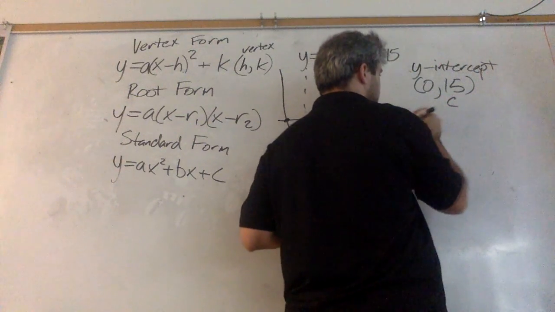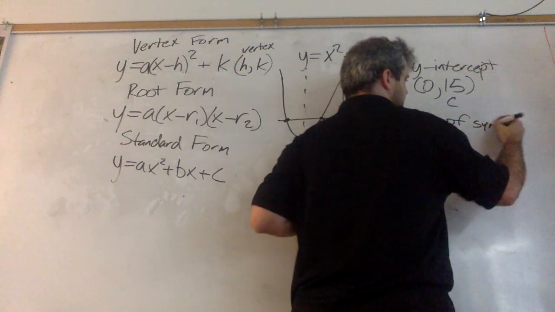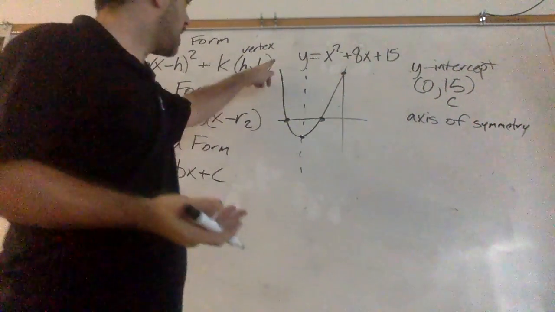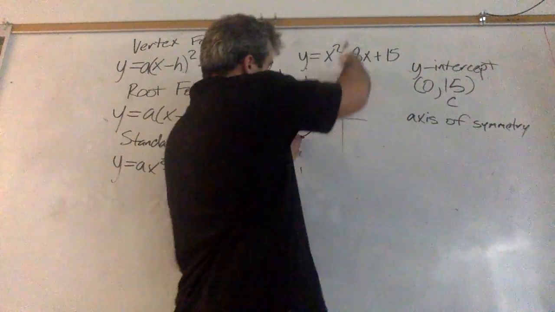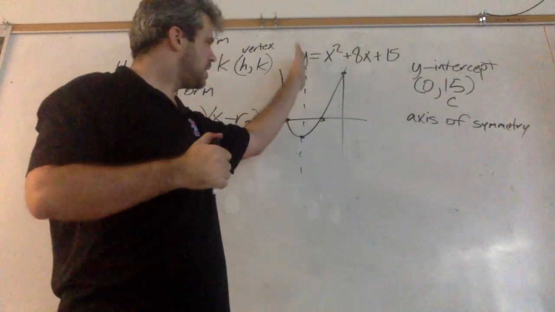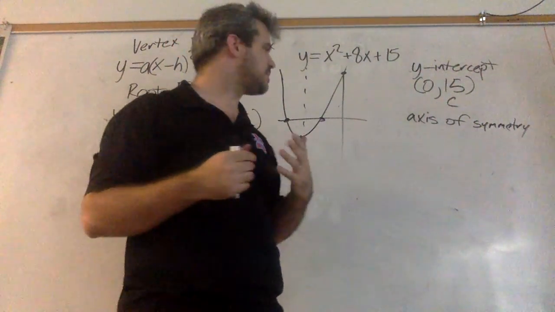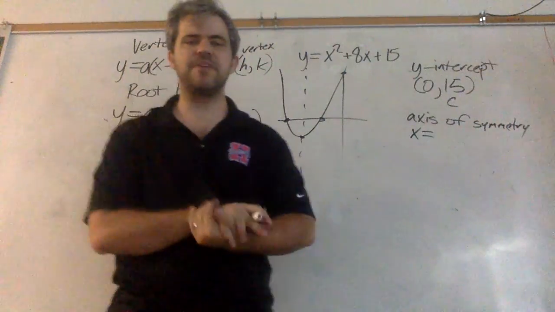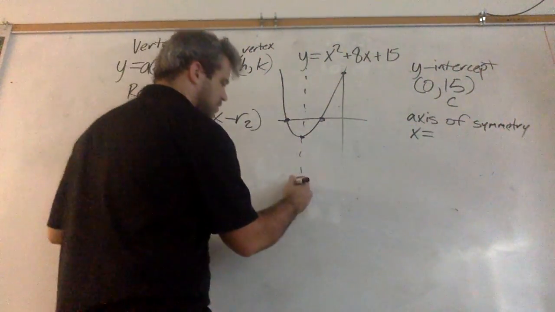Now let's find the axis of symmetry. On a parabola, you've got this axis in the middle that says everything on this side and everything on this side are going to be identical. You've got this symmetry over this line. Now, the axis of symmetry is a vertical line, so it's x equals, but we've got to figure out what x this is going to be. Well, it turns out it's going to be